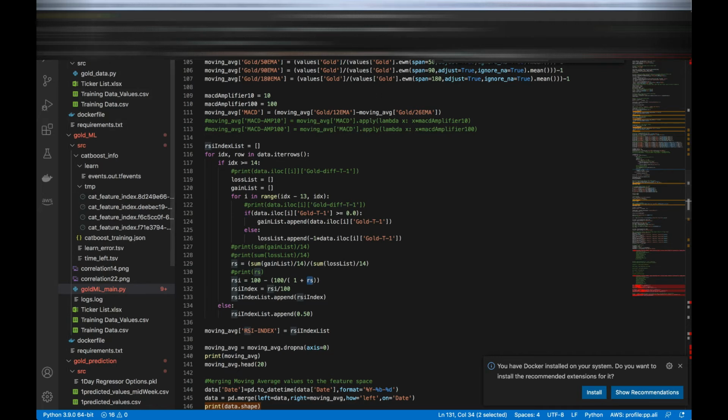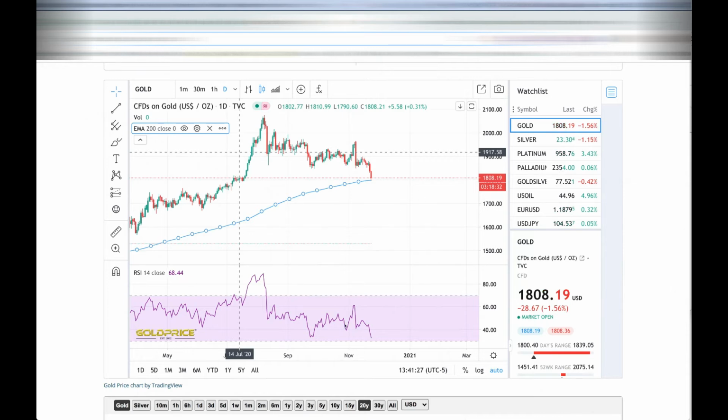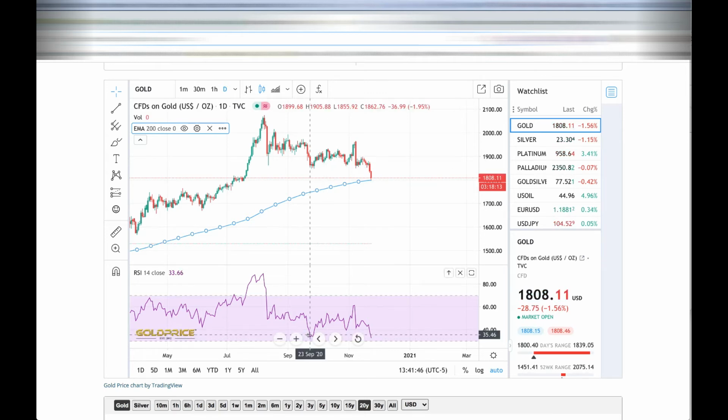So what does that mean for the value here? Are we in a buying position? Should you be buying gold? Well, let's take a look. The RSI, when it dropped to 1905, was actually not super low. It was only 50. The RSI, when it dropped to 1858, was pretty much at 35. The RSI, when it drops to the point it is now, is almost 32.